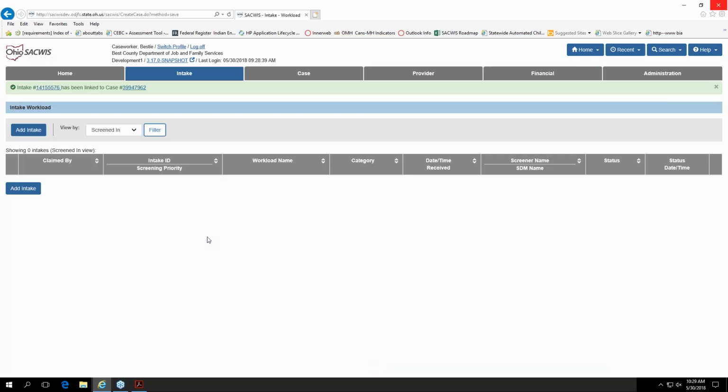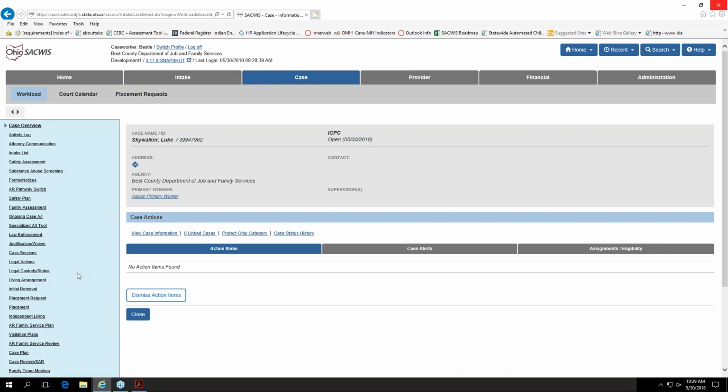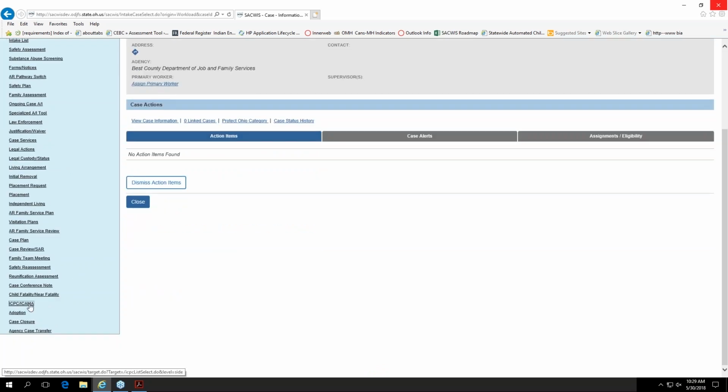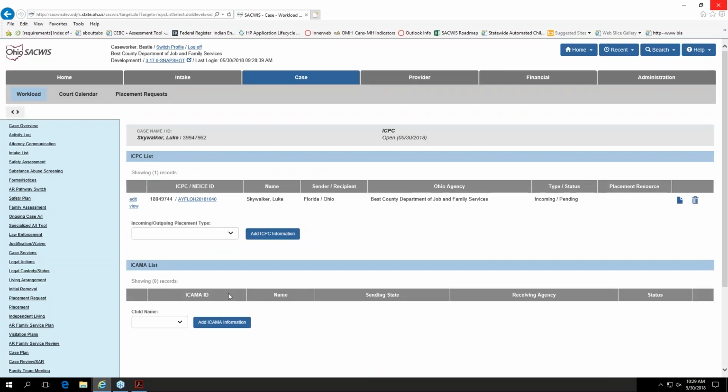You also see the NEICE ID up here should you need to reference it. If there's any issue with NEICE, or if you're having communication with the other state, you need to reference the NEICE ID that they're familiar with. That's there at the top now too. So basically, all of the information is here about the kids,